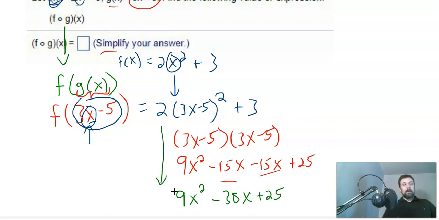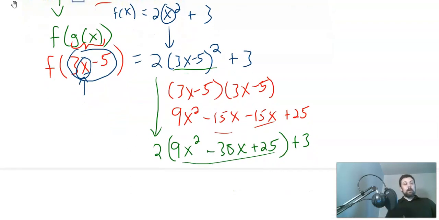And then I'm going to copy down the 2. And that 2 still has to get multiplied to whatever this thing is, which is now this. So we still need to put parentheses around it and make sure the 2 multiplies to that whole thing. And we still have the plus 3. I kind of ignored those for the moment, FOILed this out, and now I'm bringing them back into the picture. So I'll distribute the 2